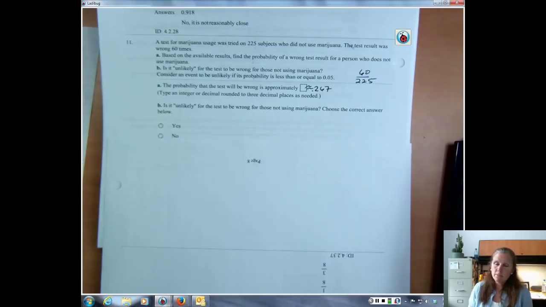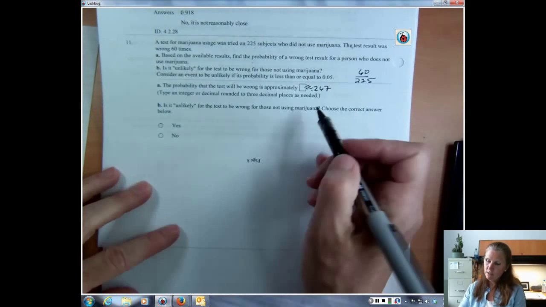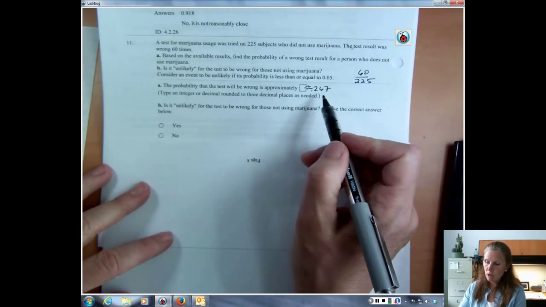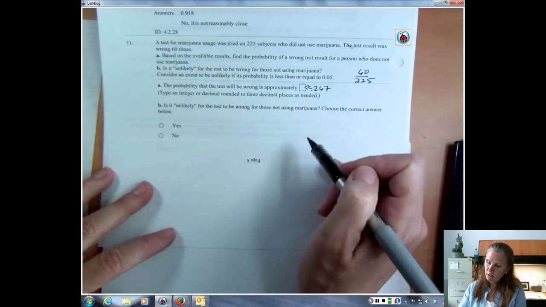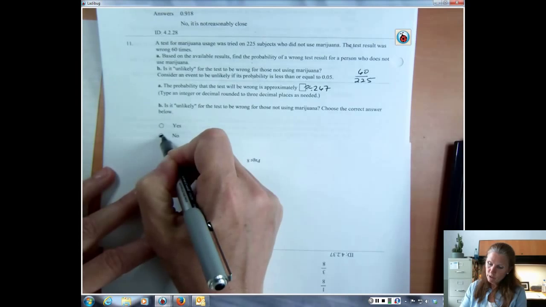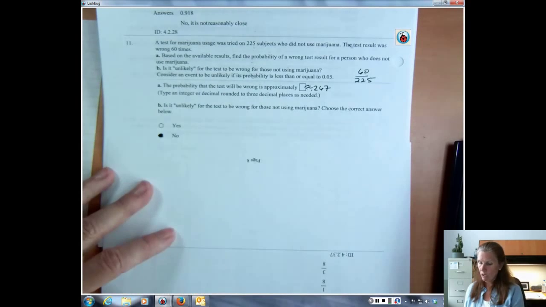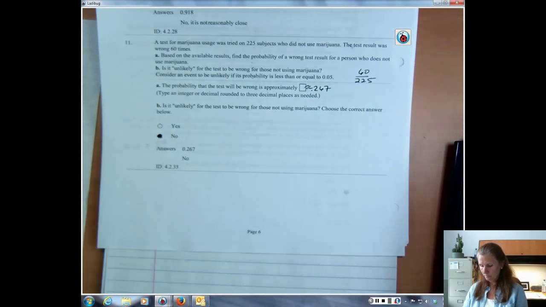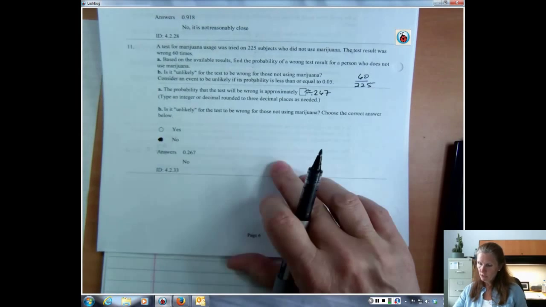It's pretty likely, right? We say that 95% would be likely, and if it's 5% or less, that's unlikely. If it's more than 5%, and we keep talking about that 5%, it's an important number in statistics. If it happens more than 5% of the time, it's not unusual, and this is a really poor test, right? Because 27% of the time it's wrong. That's not good. So is it unlikely? No, because it's more than 5%. Then it becomes usual or likely to happen. Okay, so 6 and